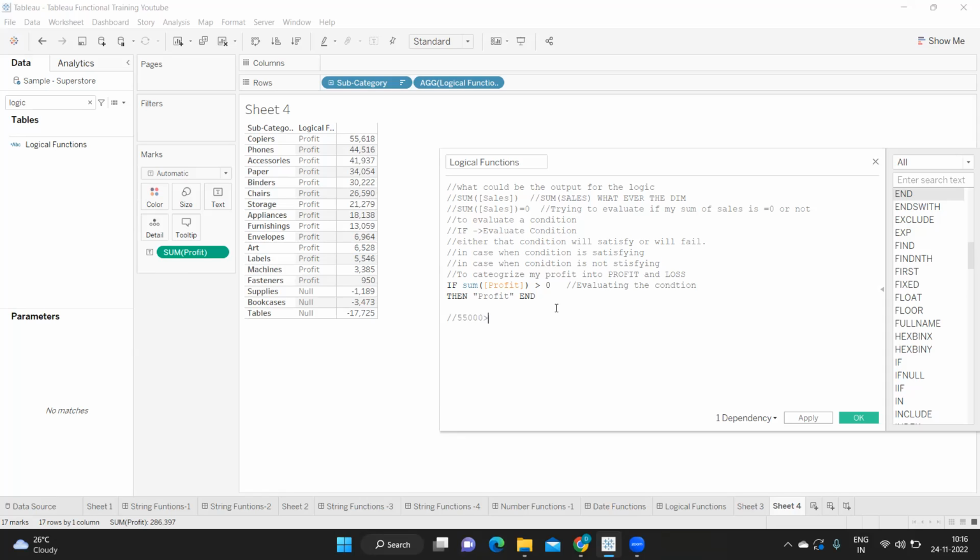55,000 is greater than 0. Then what? Then it is printing profit. Next, phones will come into the picture. How much value does it have? It has 44,000. So 44,000 is greater than 0. It is true, right? So this is the true statement for